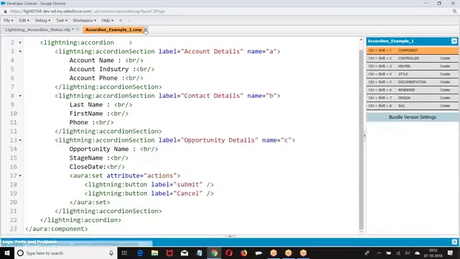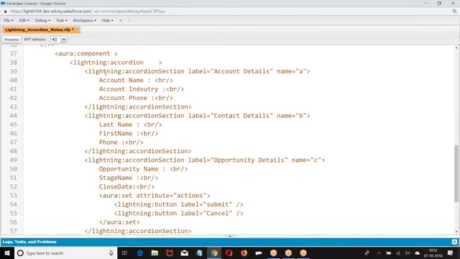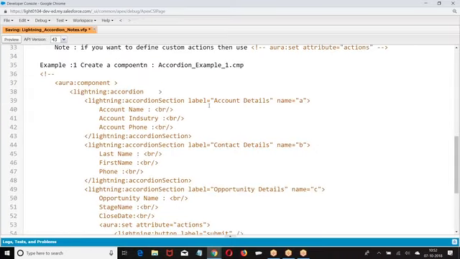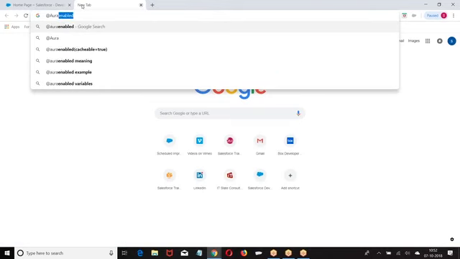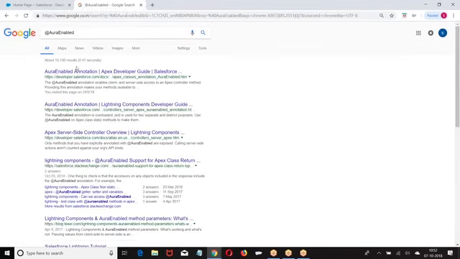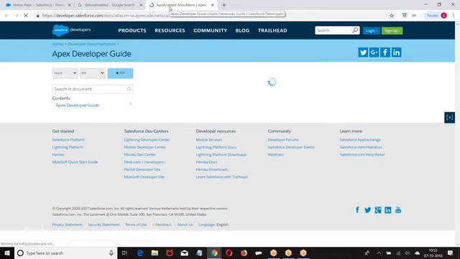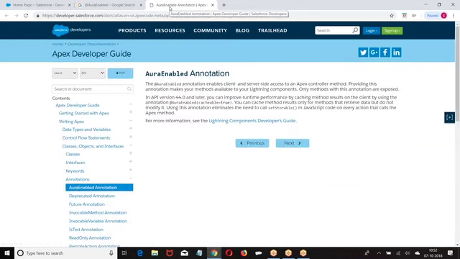That is @AuraEnabled. The next annotation we have is @AuraEnabled. What is the purpose of this @AuraEnabled? @AuraEnabled is the annotation which is used to define an Apex class that can be accessed within the Lightning components.